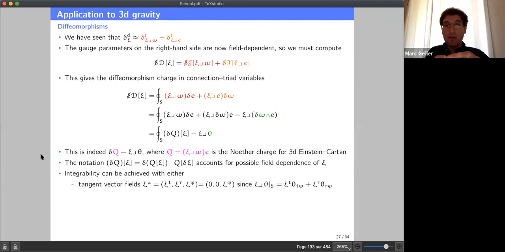This means that the vector field does not move this boundary S. It only rotates the boundary, but it doesn't move it in the radial direction, and it doesn't translate the boundary in time. Well, if you have such a vector field, you can just look at, again, now we have to be careful about which components of